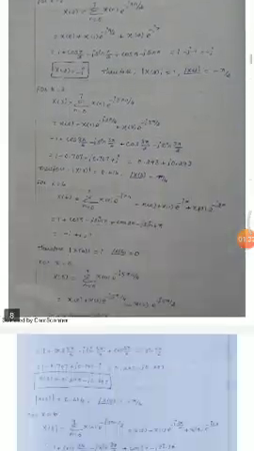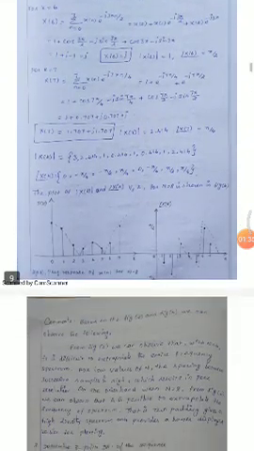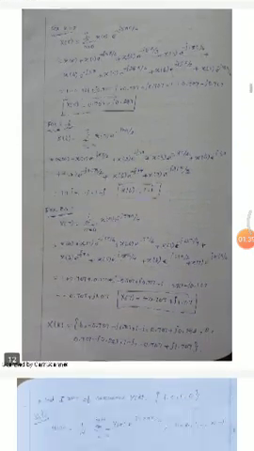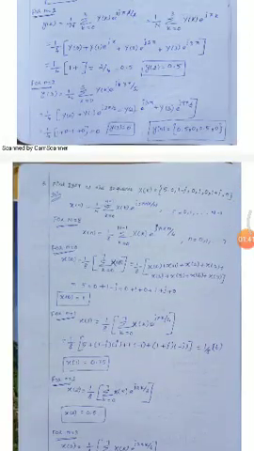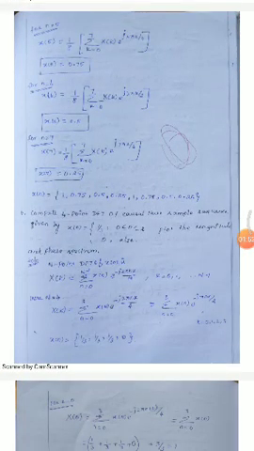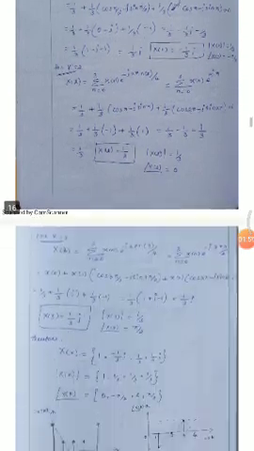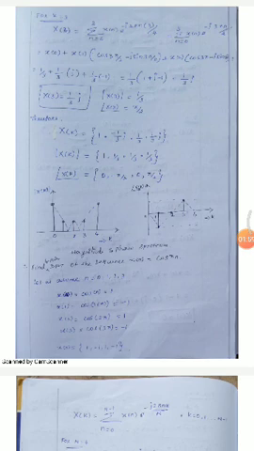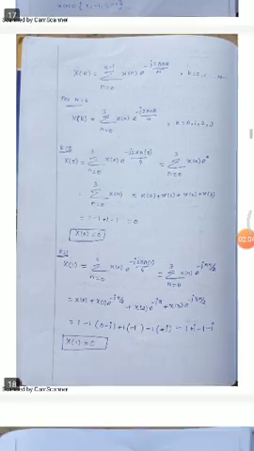Next, there are various example problems with 8 values, the inverse transform and the transform. It is the same format we have to use in the part B questions also. In this unit, 4-point DFT and 8-point DFT values are available. The 4-point DFT may be asked in part B and part A questions, and the 8-point DFT may be asked in part B questions.